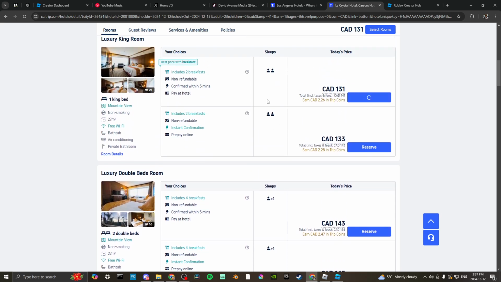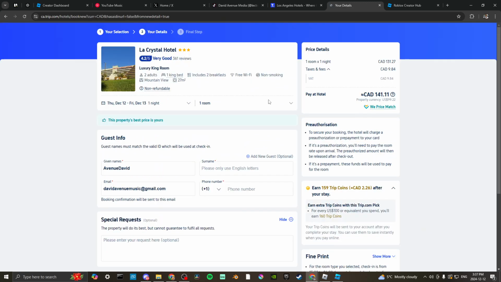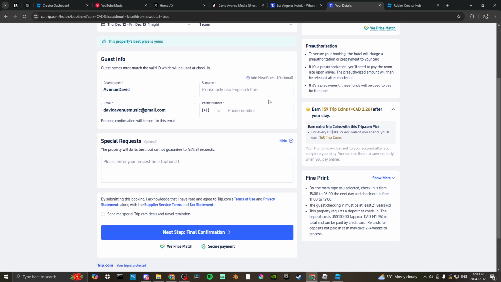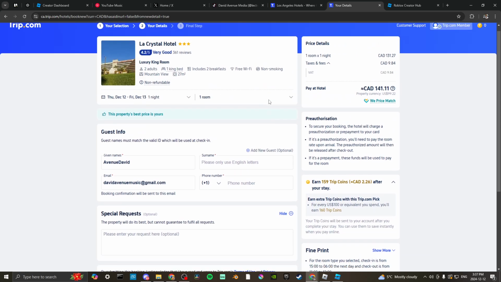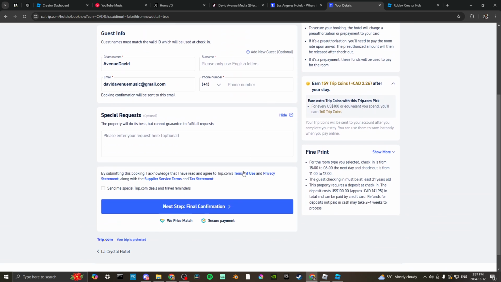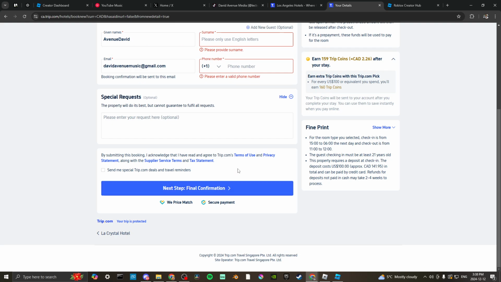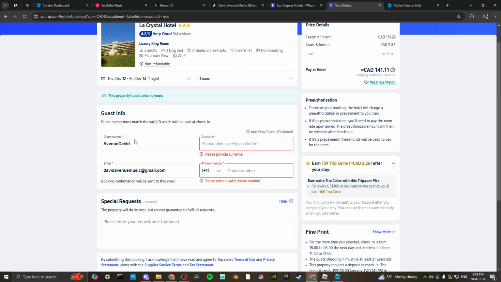We can hit reserve, and then you'll be brought to a confirmation screen, and you can select next step, final confirmation. You have to put in your surname, your given name and your surname, and your phone number. I'm not going to go through that,